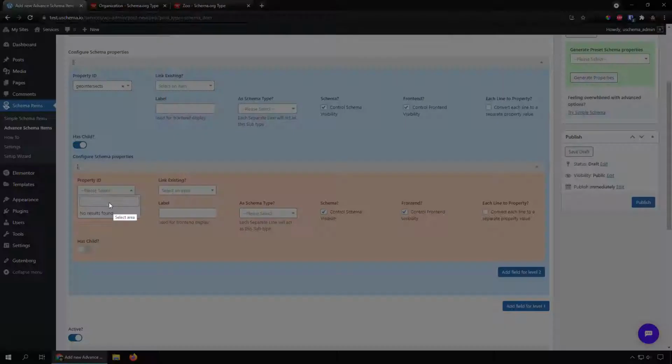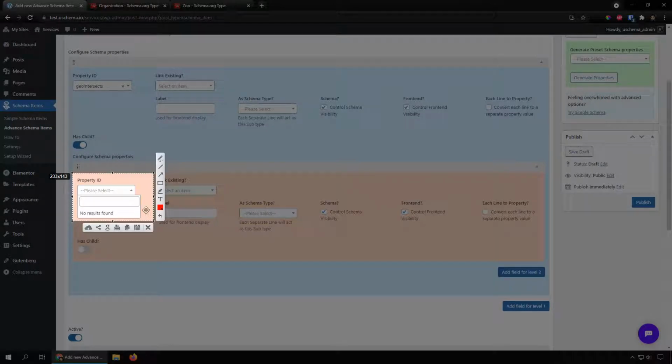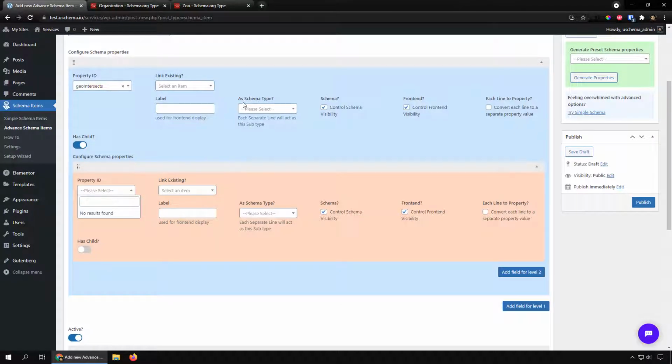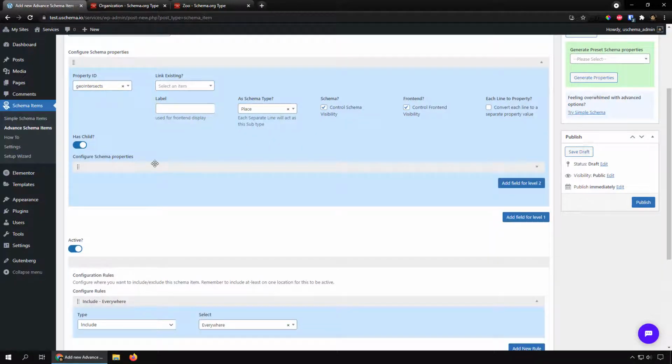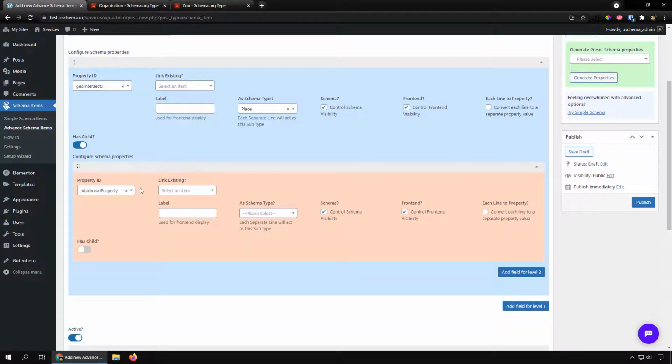The reason is that this property ID is trying to fetch the properties of this schema item as schema type. So to populate the properties of a place, we'll need to select over here a place, but since these are populated with this trigger, we will have to click on this toggle again and then reopen it, and it will start showing all the properties for this schema type place. I hope this will help you find the right property ID for your right schema type.